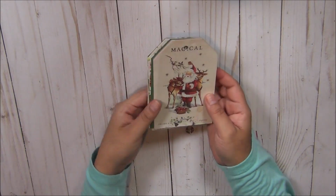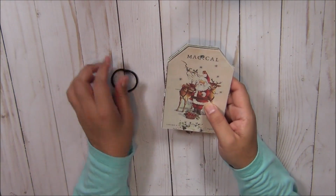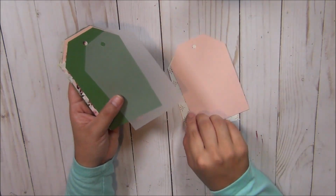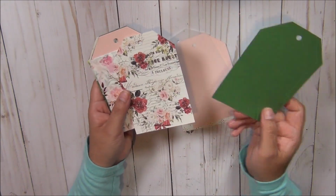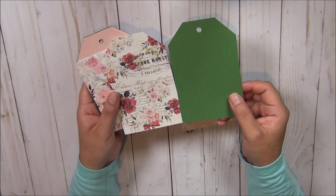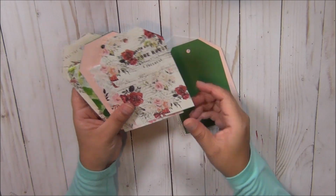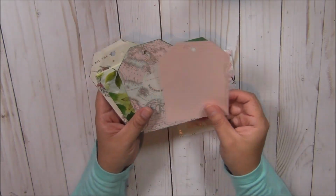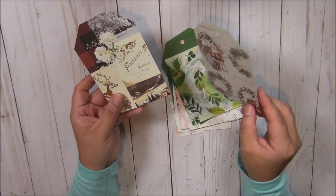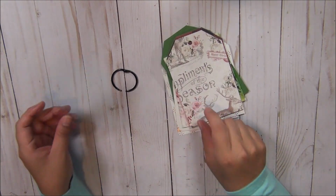As you can see, I already have my paper stacked the way I want it to be. So I'm going to go ahead and put it in the ring. I just wanted to show you. It's going to be an acetate sheet, the cover, a pink one, vellum, this one. And I thought that because of the leaves, this is going to bring in the green, or I'm going to try to mesh them together. So it's gonna go like that, and then like that, and then some pink, more pink, the green one to tie in this washi, and then to finish off, we're gonna do that one. And then so that this kind of translates to this, I'm gonna put it like that,